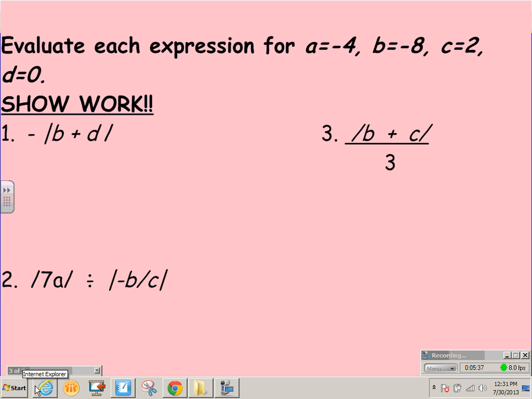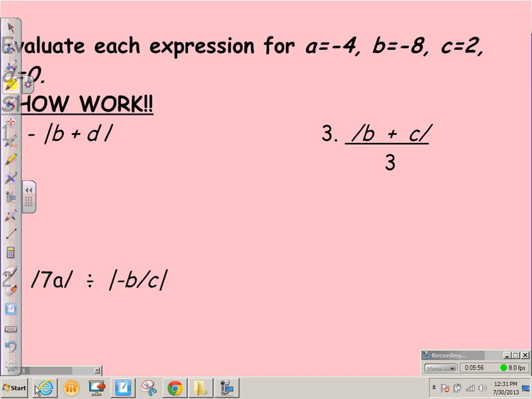Now we're going to still be working with absolute value, but we have a little substitution. So you can see right away, we can see the value of A is -4, B is -8, C is 2, and D is 0. So the first thing we're going to do is just use that basic substitution. For our value of B, once again, that's a -8, and we have a D,